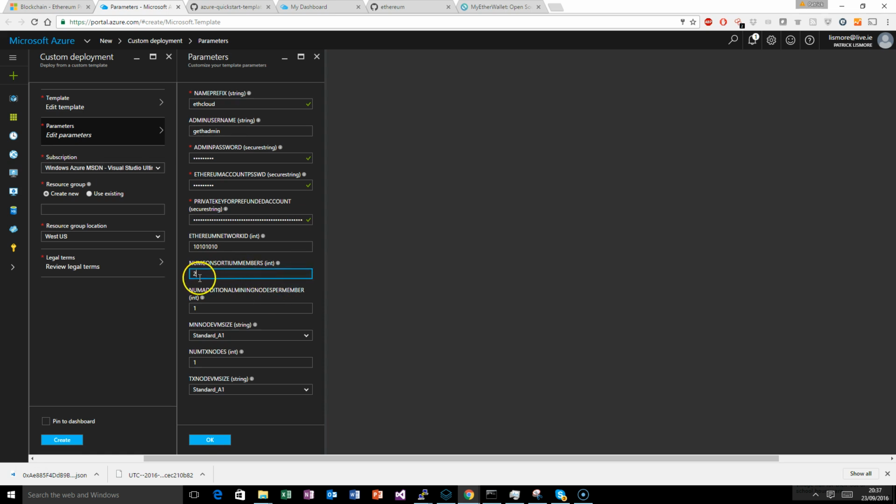So, and again, every time you put a number here, it's going to cost. Each node is going to be an instance of a virtual machine. It's going to have some kind of type of that, and it's going to cost. So it's really down to your particular needs. I'm going to leave it as 2 as a default, and